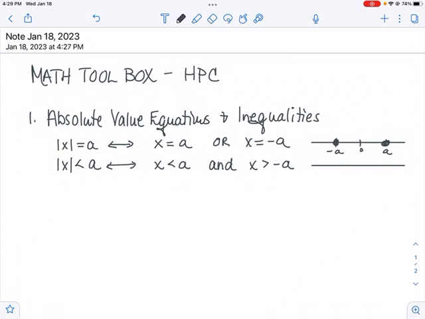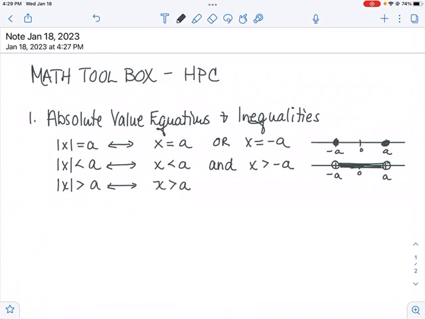So then for the next one, we have negative a, and we put 0 in the middle. You have this set of values that go from, open circle, because we're not including the endpoints, and that represents the set of values between negative a and a. So what it's really saying with absolute value is it's the distance a number is from 0, right? So the absolute value of x is equal to a means that x is a units from 0 on the number line. So then you have the absolute value of x is greater than a, and that's equivalent to, or if and only if, x is greater than a,